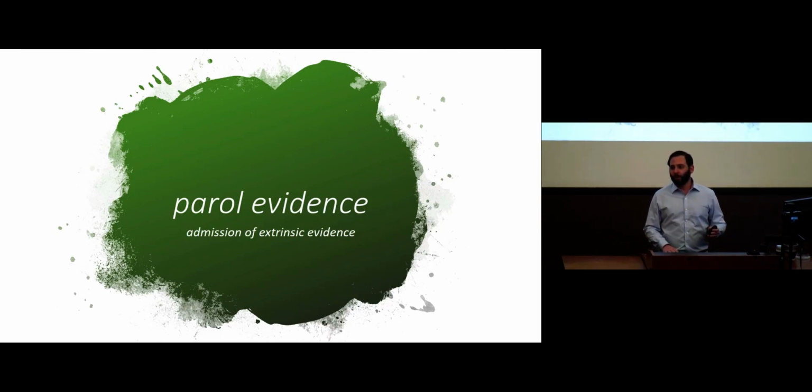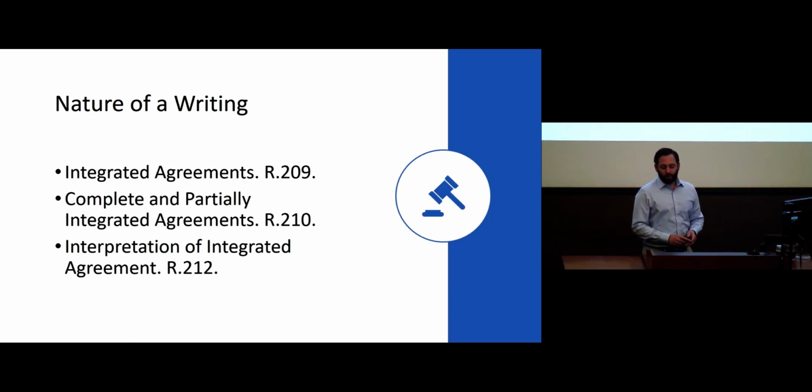The key issue in dealing with extrinsic evidence generally regards its admissibility, and this usually pertains to a specific type of extrinsic evidence, preliminary negotiations. One party argues that the two parties had discussed something that was never written down in the final contract, and the court has to decide whether they're going to admit this evidence, usually of preliminary negotiations, or whether the parole evidence rule bars it. The parole evidence rule is a two-step process, and the first thing we do is determine